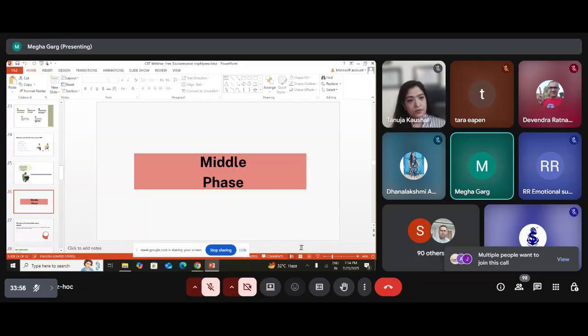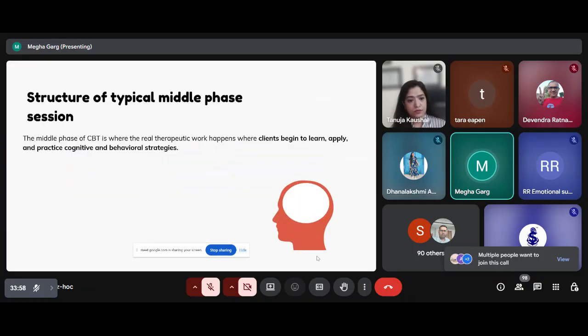Yeah. So first we talk about the structure of a typical middle phase session. So what happens here? Basically, exactly the real therapy work happens here. Here we tell the client